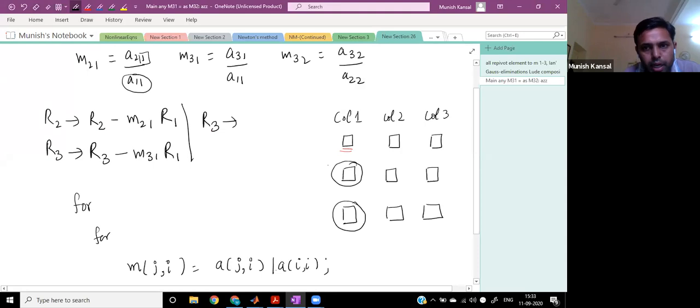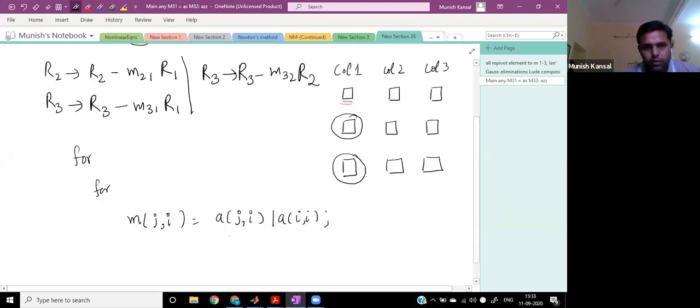सेकंड रो में, सेकंड कॉलम में आके R3 माइनस M32 टाइम्स R2, यहाँ पे R2 किया था, ठीक है। तो ये 3 रो ऑपरेशन हमने लगाए थे अभी क्वेश्चन में। सो यहाँ पे क्या करेंगे, नाउ वी विल राइट डाउन how to make this entry 0 in MATLAB, right? So I will write down like this.